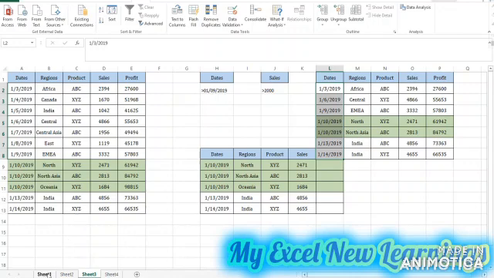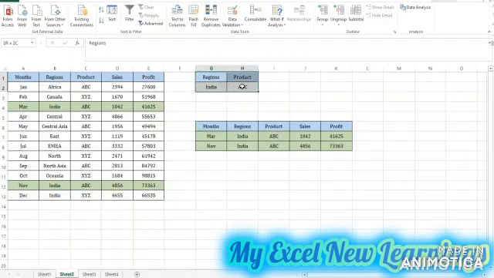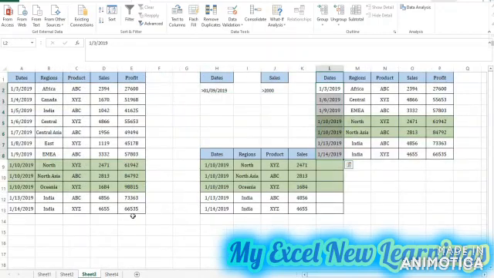So we have now seen 3 options of the advanced filter. One is for single criteria, the second one is for multiple criteria, and the third one is greater or smaller or equal. So now we will see the advanced filter giving us the data in another location. It has to pull the data as per our criteria and paste it to the other location.